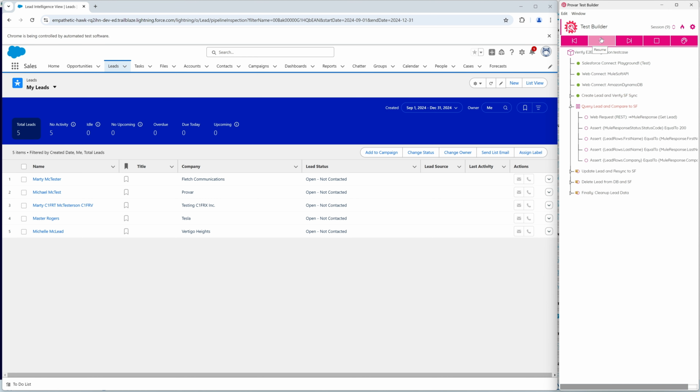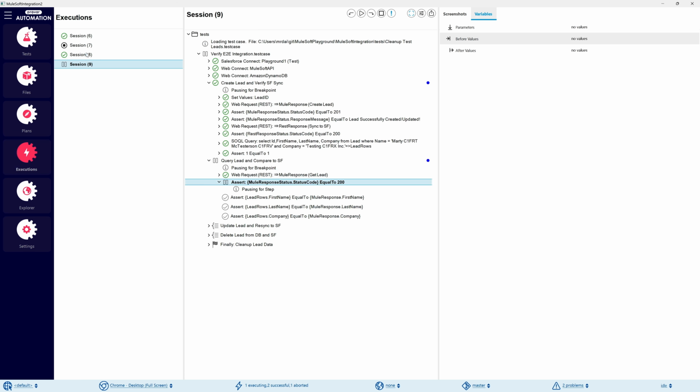Next, we're going to query a lead and compare the data directly to Salesforce. So we have a get lead request. It's going to hit that Dynamo database. We're going to do a basic assertion there, and then we're going to compare the data that we've retrieved from our Salesforce query. So if we go ahead and back out here and look at what this is doing behind